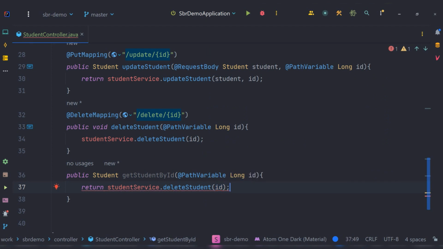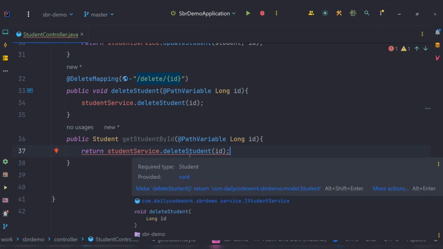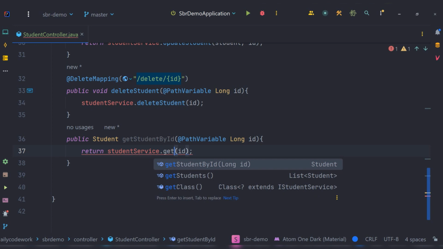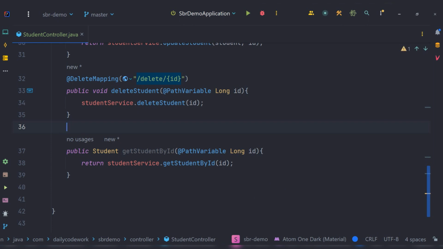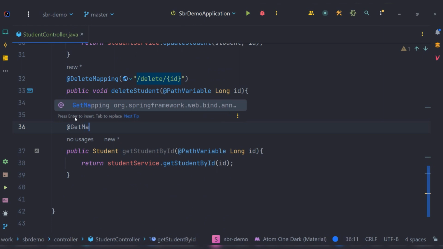All right, is this correct? Delete students. What do we have here? Return. Oh, no, get student by ID. Sorry, what am I doing? Guys, forgive me. I was thinking about the deletion of the students. Why getting the student? So now this one is going to be a get mapping,